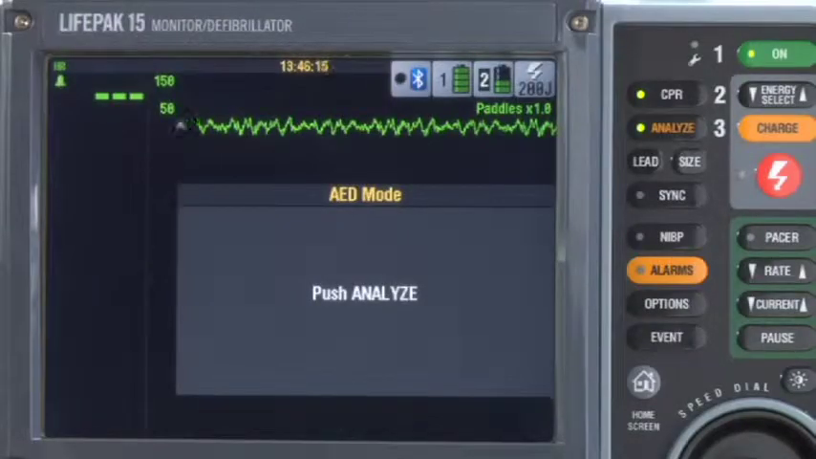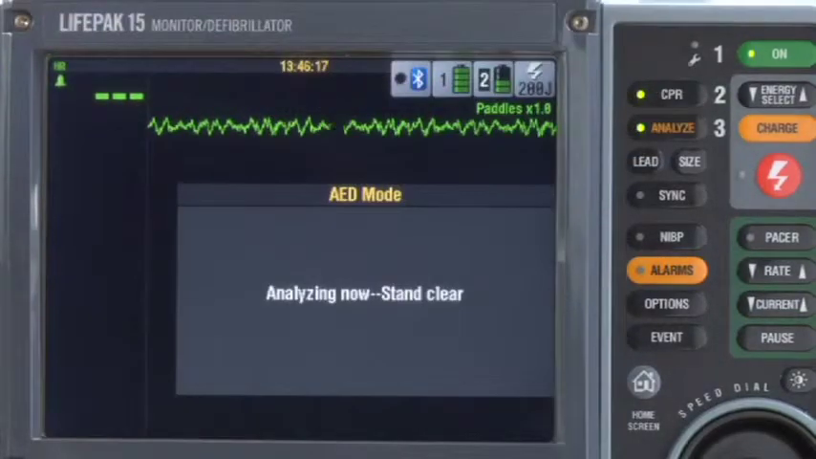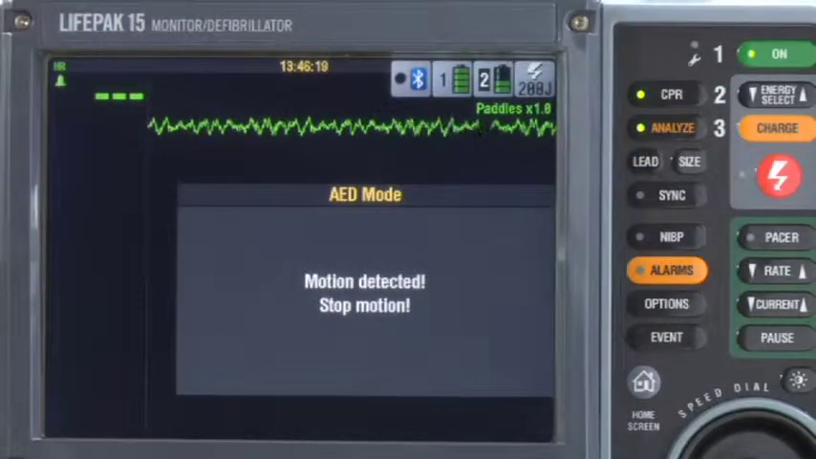When advanced users arrive, manual mode may be accessed according to how your 15 is set up. It's important that you're familiar with how to access manual mode in your device. Now, here are a couple of situations that might come up while you're using AED mode. For example, you get the motion detected message. Motion detected. Stop motion. This message might come up while the AED is trying to analyze the patient's heart rhythm,